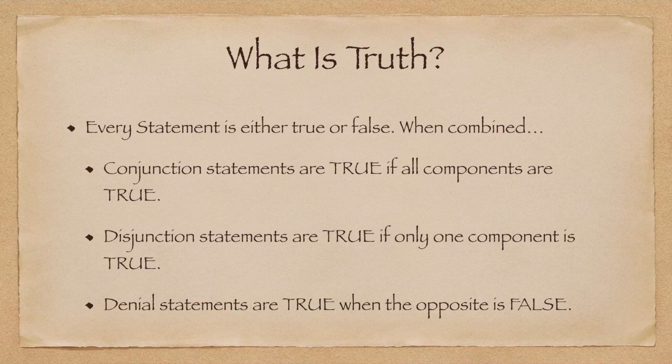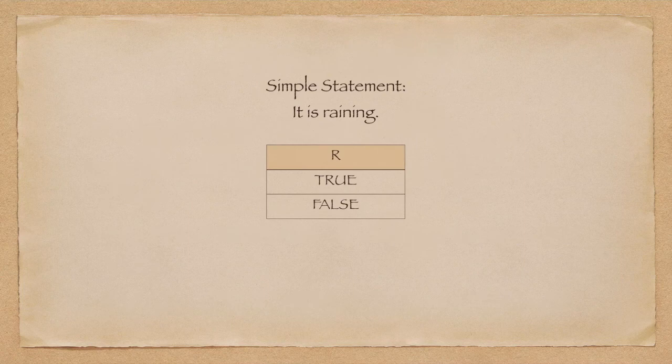Now, let's look at these ideas in a chart. We call these charts truth tables, and they're a very easy way to quickly express how logic builds into understanding. So our simple statement, once again, we're not going to change it just for simplicity's sake. It is raining. We replace the whole statement with a capital letter R. And remember, statements must be either true or false. Therefore, the R has two possibilities. Either it is true or it is false. It's a very simple truth table. But what happens when we add some elements to it?